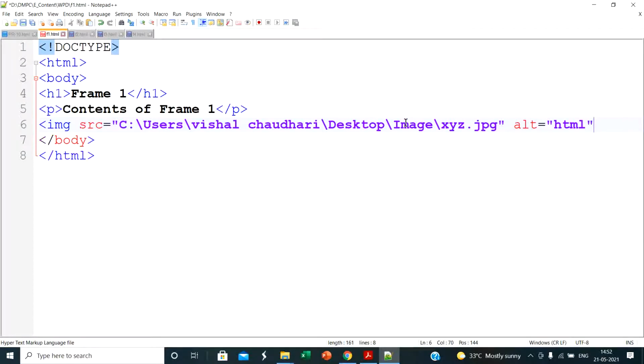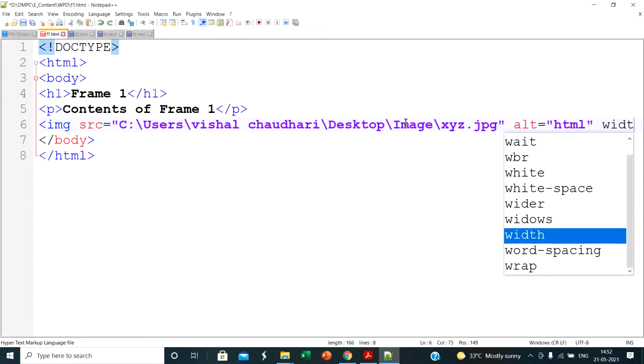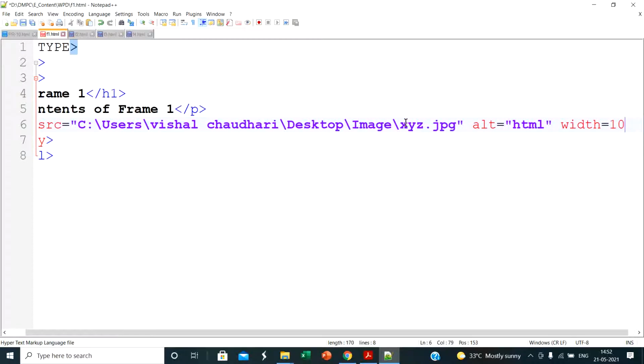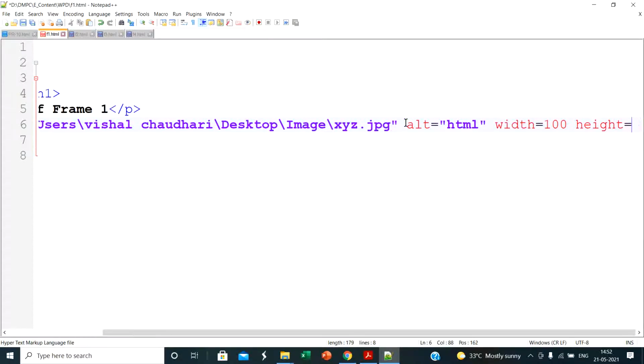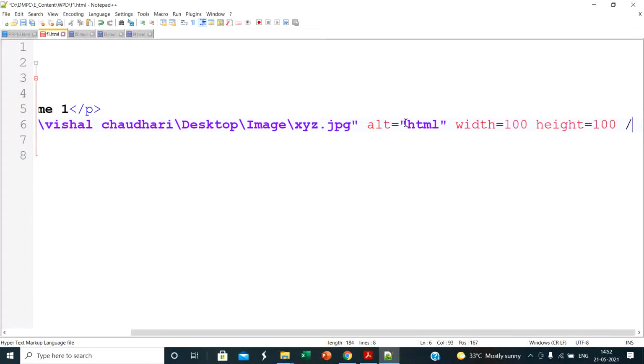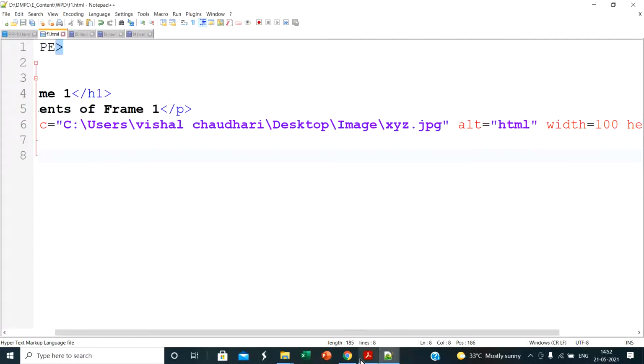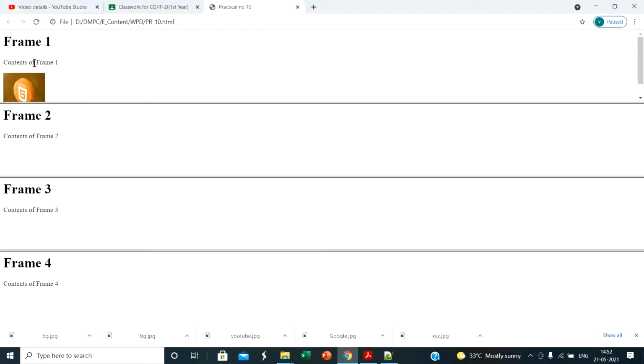Then I define width is equal to 100, height is equal to 100, and last close the image tag. Then save this file and refresh the page. So my image is displayed in the first frame. By this way we can display content in a frame.